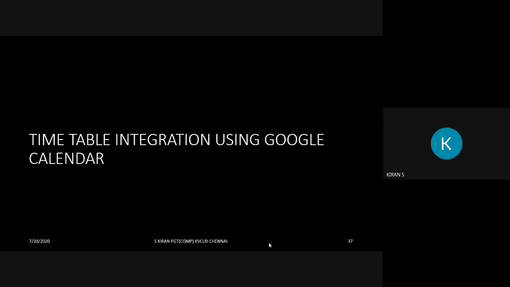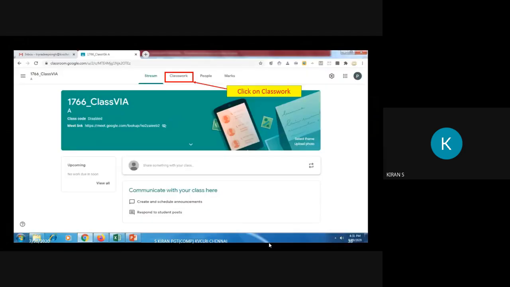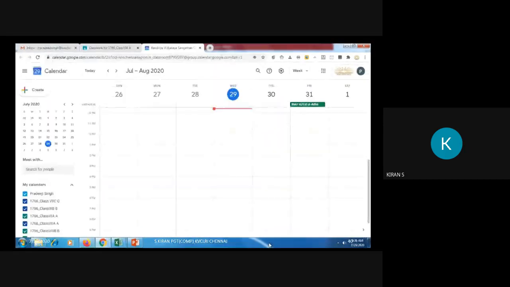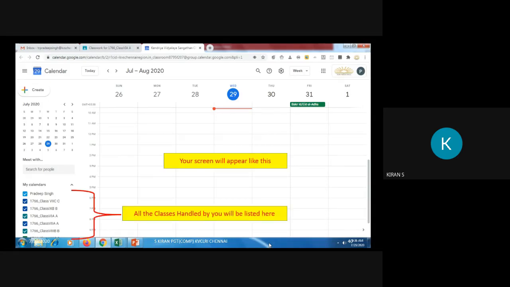Now timetable integration using Google Calendar. So again go to classwork. This time we will be clicking on Google Calendar. This is how the Google Calendar will appear. On the left hand side, all the classes that you are handling will appear.